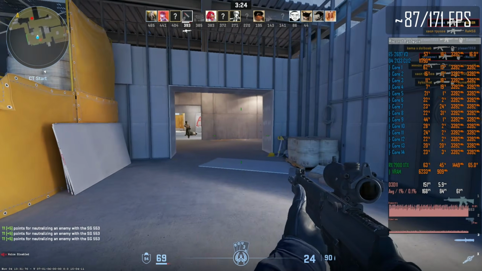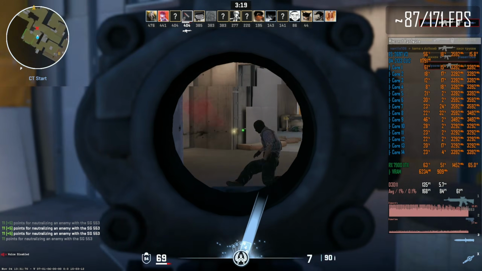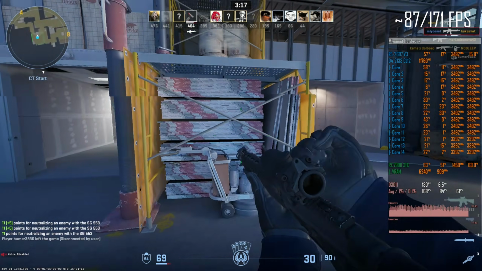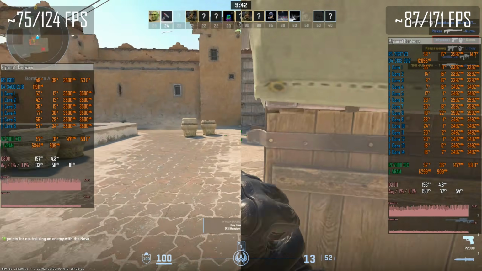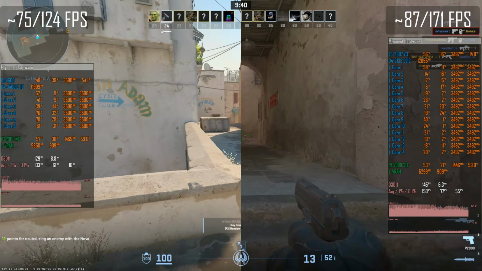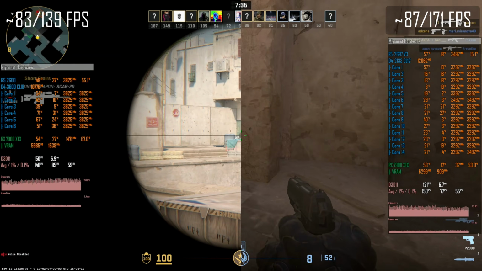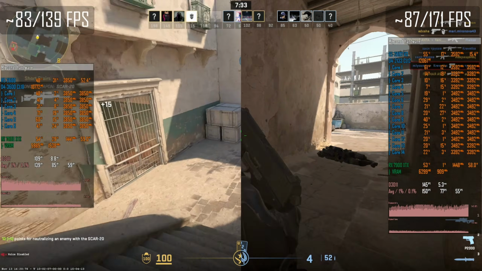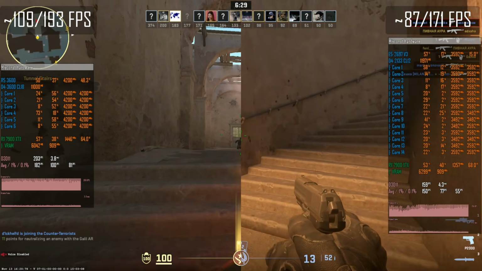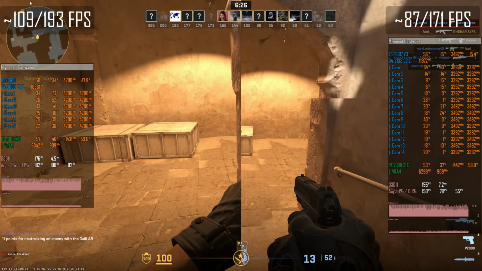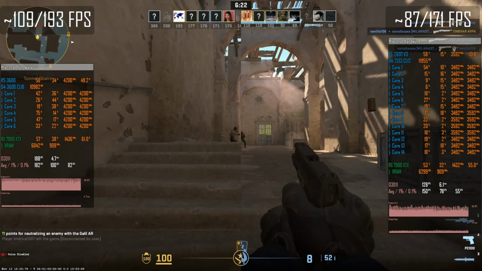Xeon E5-2697 v3 with its 87-170 FPS is not bad at all, but it's also not great if you ask Counter-Strike fans. Ryzen 5 1600 can't deliver even that, it's ceiling at 75-124 FPS. Ryzen 5 2600 is slightly better, it renders 83-139 FPS. Ryzen 5 3600 is finally getting to use its IPC advantage over Xeon E5. This time 3600 beats E5 with 109-193 FPS,